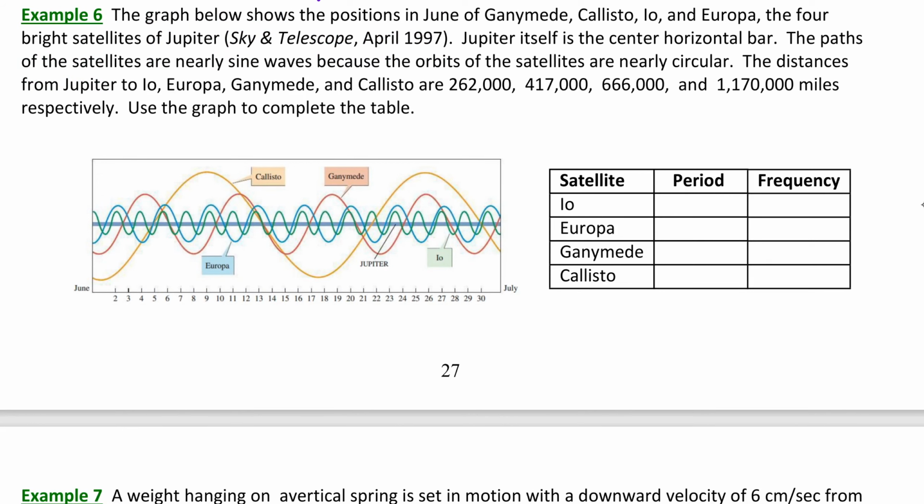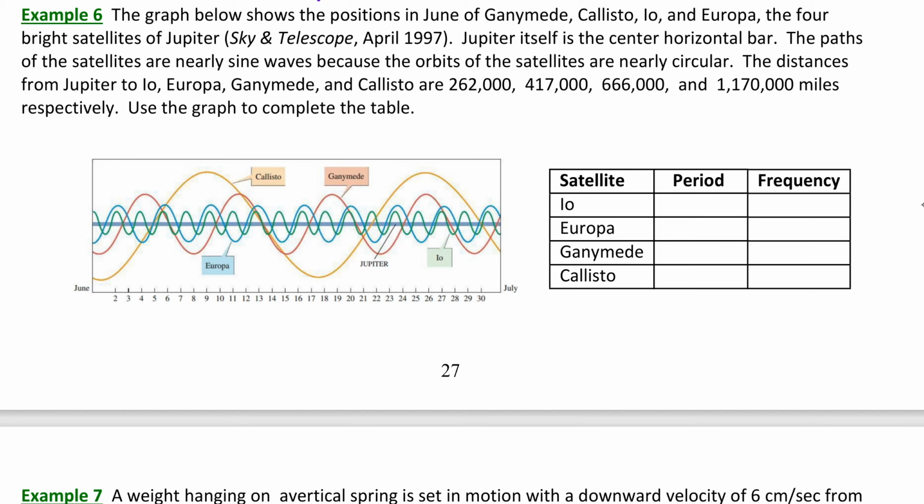Jupiter itself is the center horizontal bar. The paths of the satellites are nearly sine waves because the orbits of the satellites are nearly circular. Think about translating the unit circle into the sine wave on a rectangular coordinate graph. That's essentially what we're doing here. We're taking the circular path of the moon and stretching it out in a rectangular coordinate system to generate a